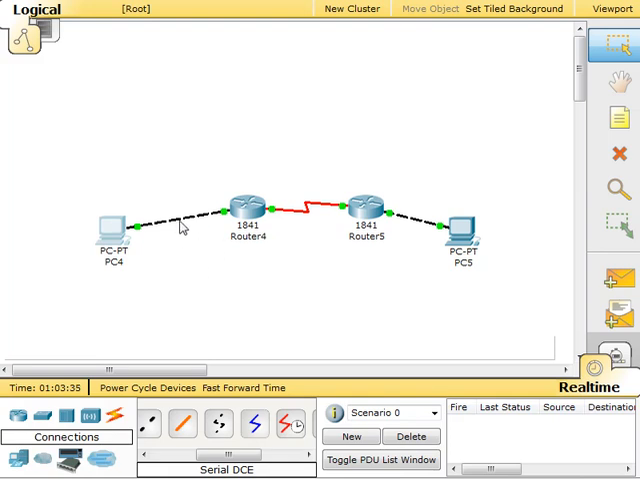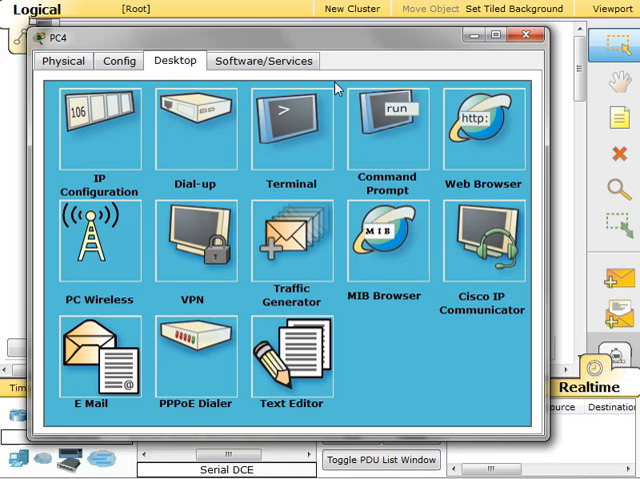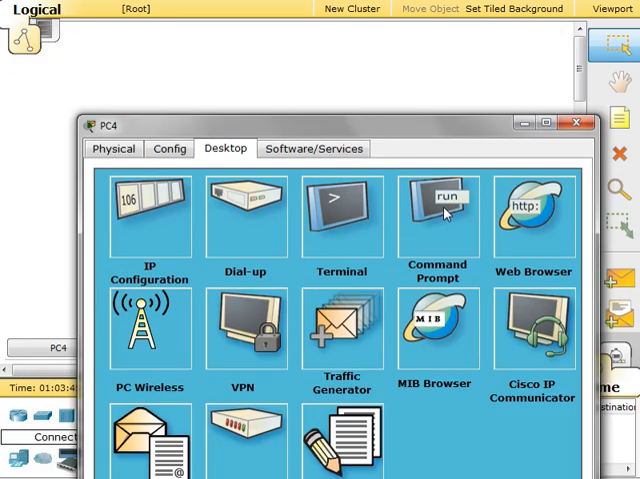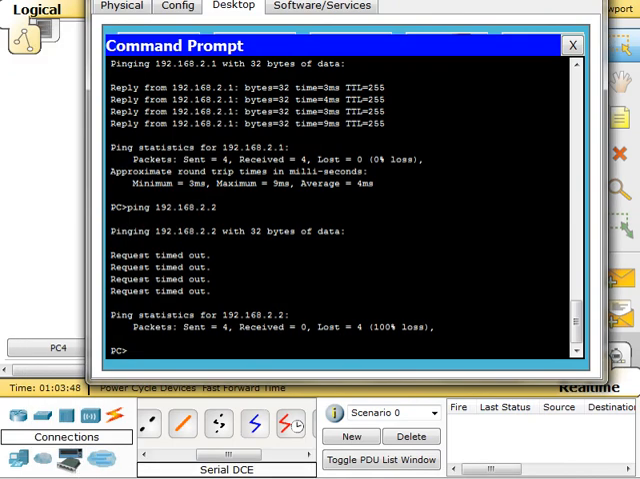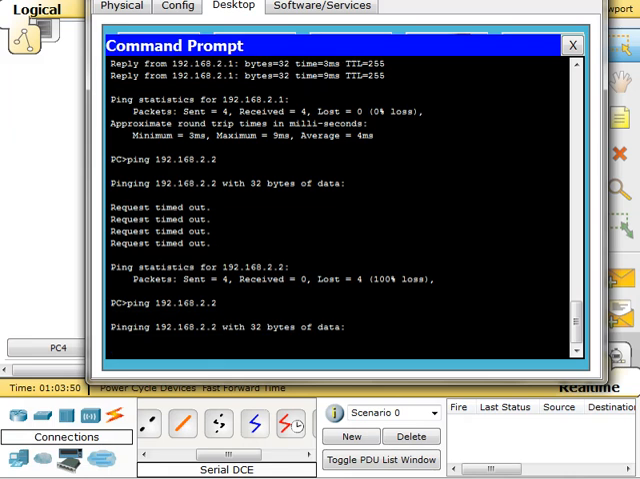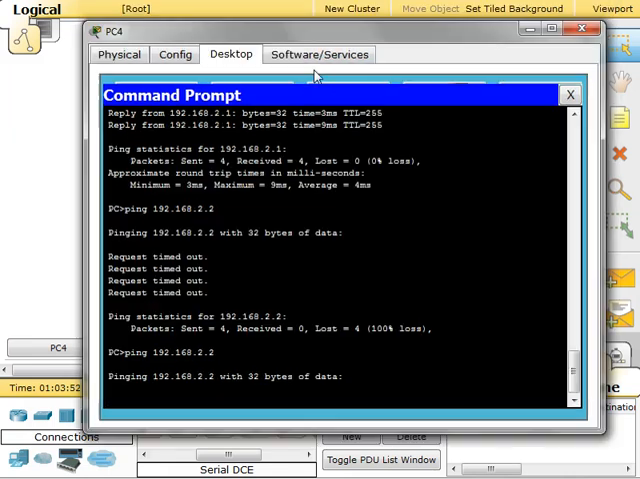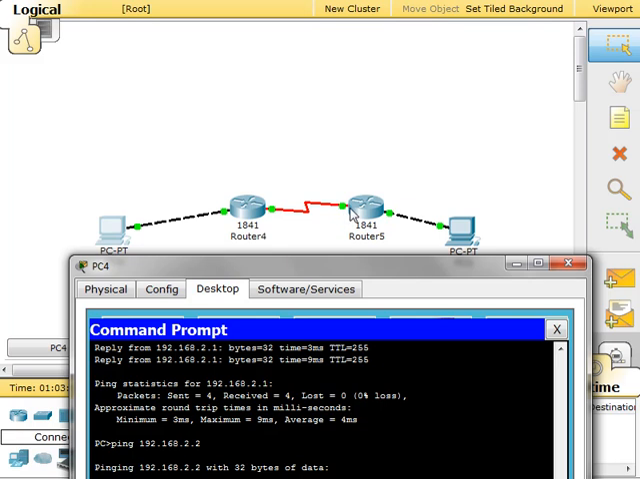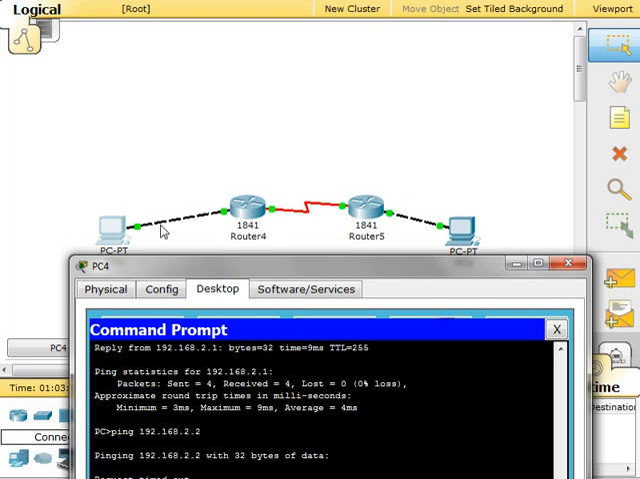Okay, so at this point I've configured this network with IP addresses. However, at this particular stage, this computer cannot ping 192.168.2.2, which is this interface over here. So from here I can ping this interface, I can ping this interface, but I can't ping here or anything further,